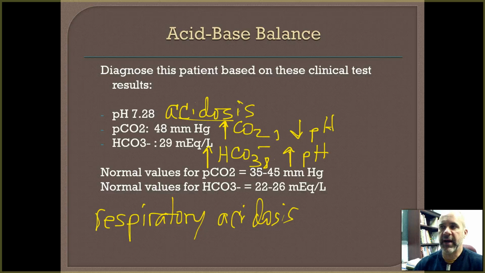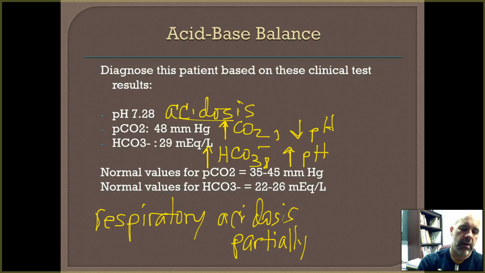CO2 levels are too high, so probably the patient is not breathing at a fast enough rate or not deep enough. And the bicarb is too high, so the bicarb levels are trying to bring the pH back up. It's trying to increase it. We are not yet back into the normal range, so is that going to be partial compensation or full compensation? Hopefully you're thinking partial